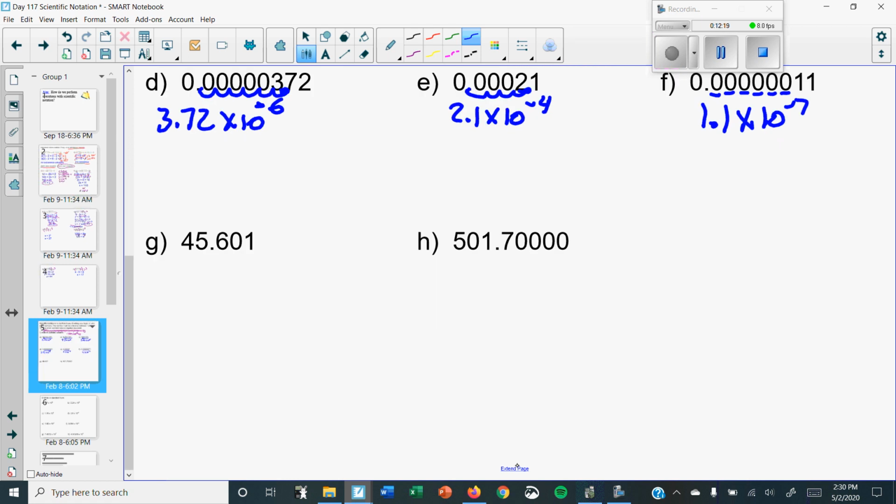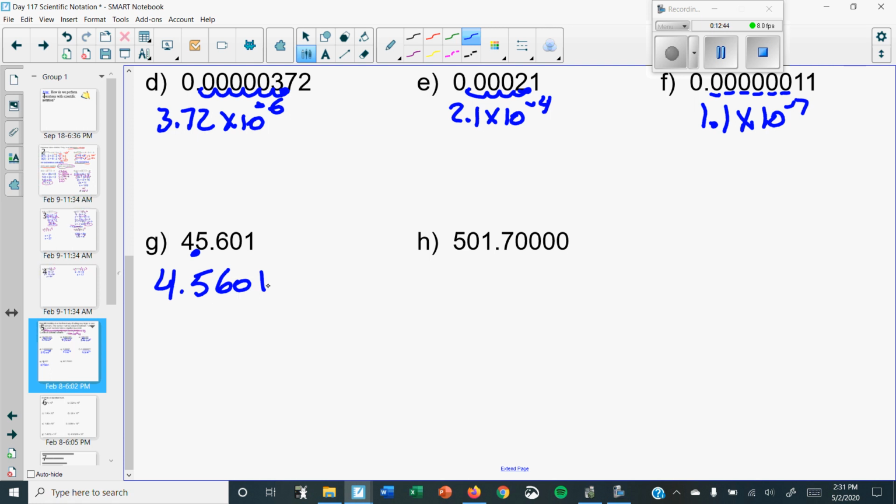So for the next one, you would never really use scientific notation for it because, again, it's to describe really, really big numbers or really, really small numbers, and that number is neither. So the only thing you have to do is 45.6 is not between 1 and 10. But here's why this is dumb. So there's your new decimal. So 4.5, you actually have to write all the numbers because do you see how there's a 1 at the